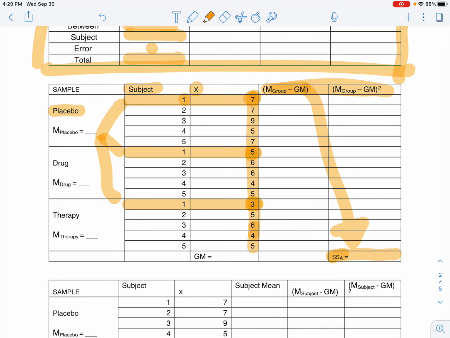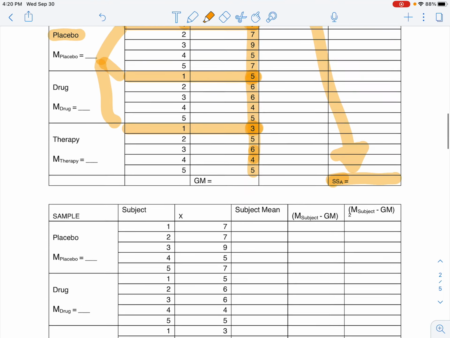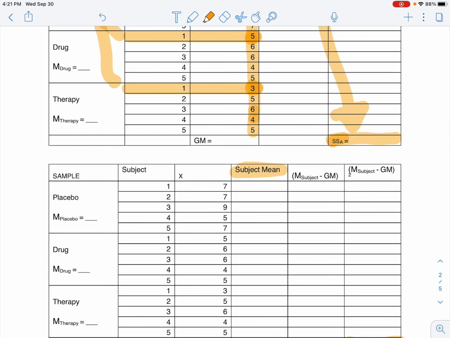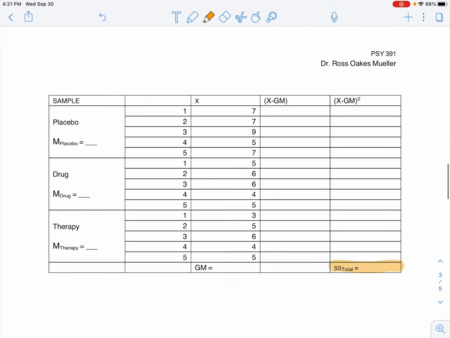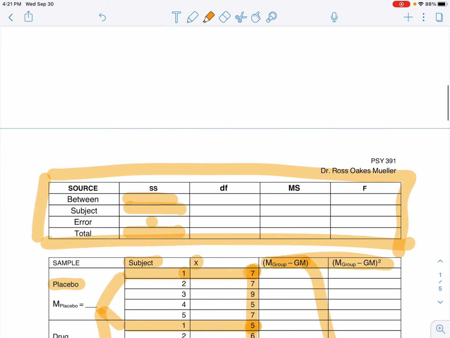And we're going to see the same thing for each one. This is going to be really important when you come down here and you have to calculate out things like the subject mean. This is subject 1. This is subject 3. Each one of those is a different subject or participant. Okay, and once you're finished with all the sum of squares, you'll be able to calculate the missing sum of squares over here. You can use the tables and the clues in the back to remember how we calculate these degrees of freedom,